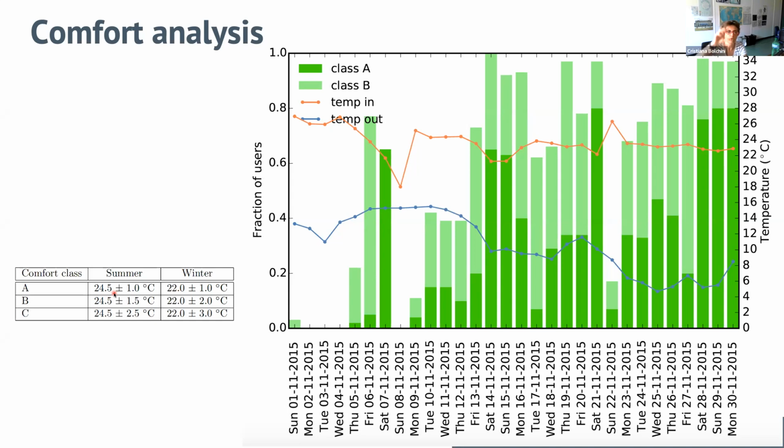So based on when you are and the measured temperature, it is possible to assign the class of comfort for the room you are occupying. In the winter time, this is the other scale. So if you collect all the information on the monitoring, another kind of assessment you can do is for that building, the average comfort class with respect to the outside temperature with the blue line and the inside temperature.